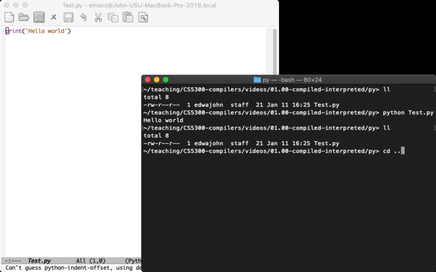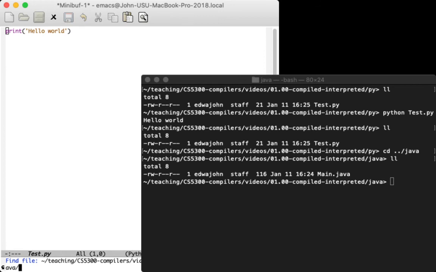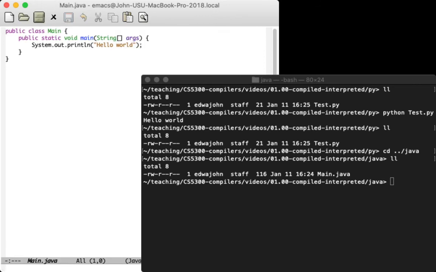Let's look at Java. Okay, again, I only have one source file. If I look at it, it's just a hello world file. And I can't run it again. My machine doesn't understand it. But I don't have a compiler. I have what Java calls a Java compiler, javac. I'm going to compile main.java